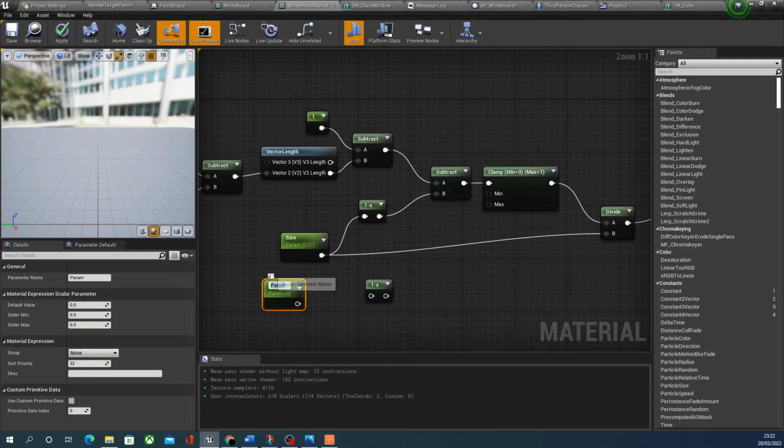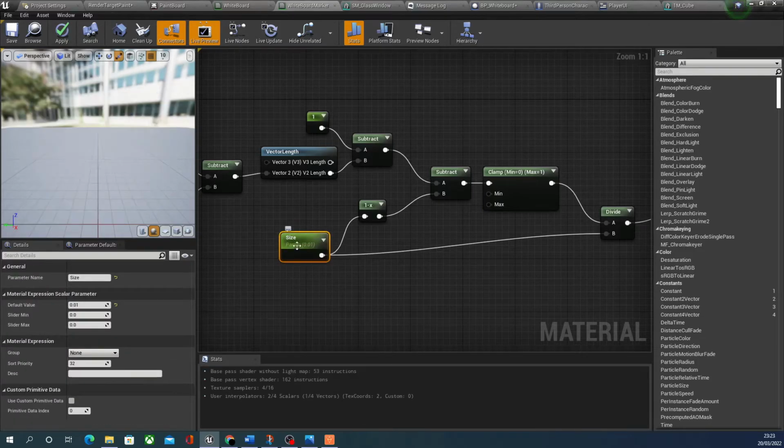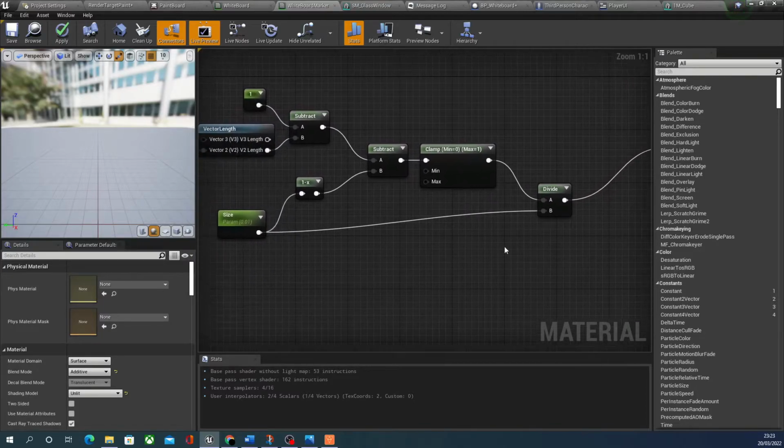This is another thing you will need to remember for later on. So then in this you want to set the default value to something fairly small, like 0.01, and then out of this size